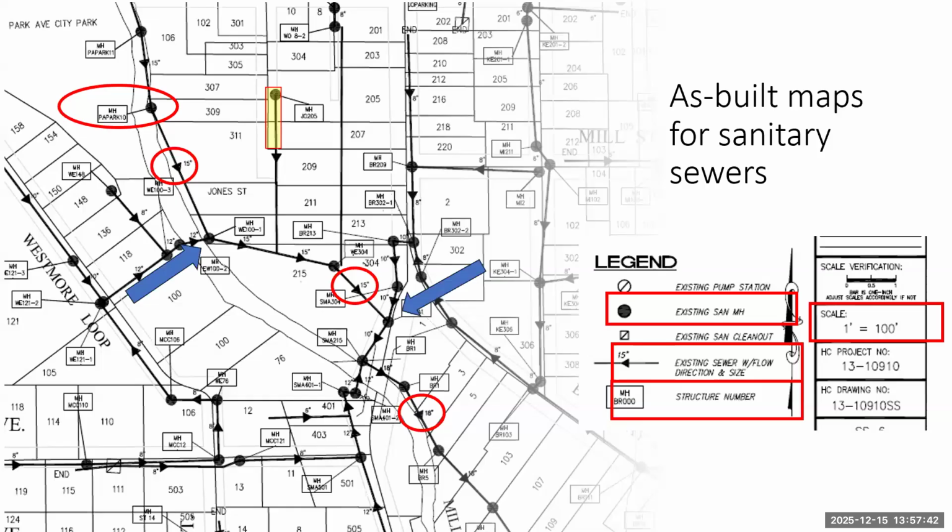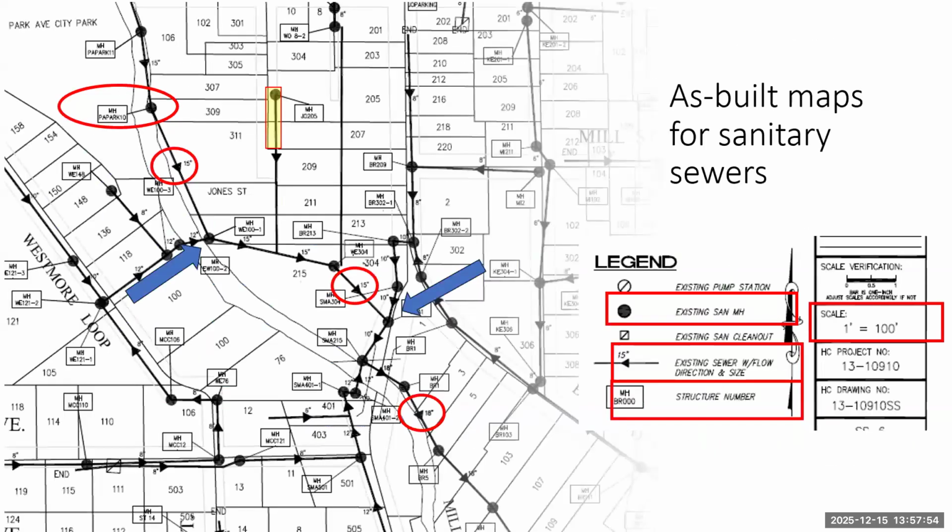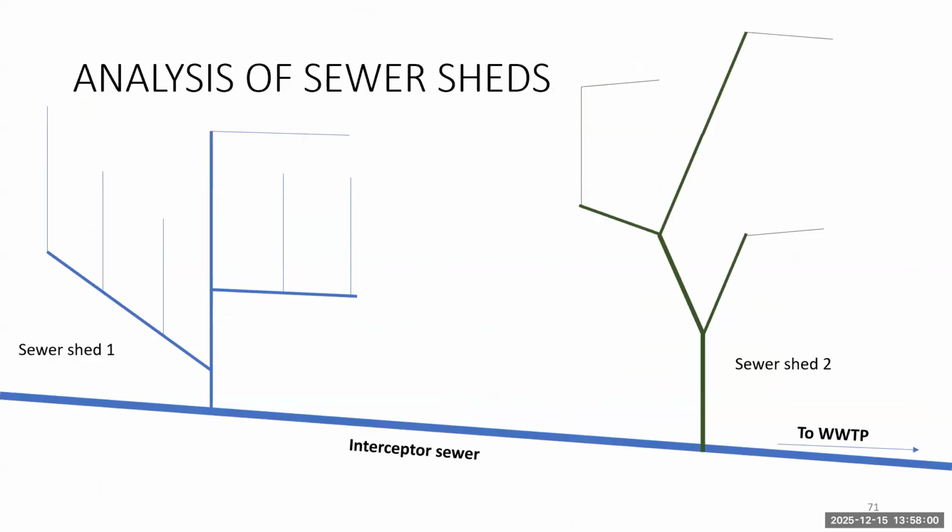And we have a couple of locations here where sections of the sewer connect to the interceptor main. Sorry. Where those arrows are pointing are to manholes that represent interconnections between the subsewers and that main line. And so here's a simplified example of that happening. We have sewer shed 1, which serves multiple homes, connects to the interceptor sewer, and sewer shed 2 that connects